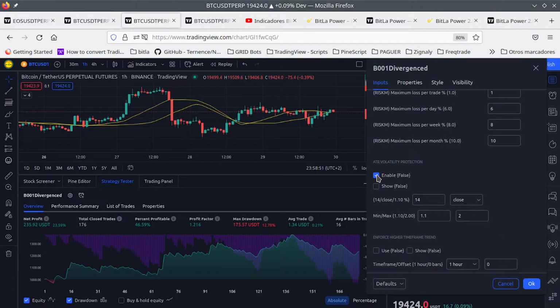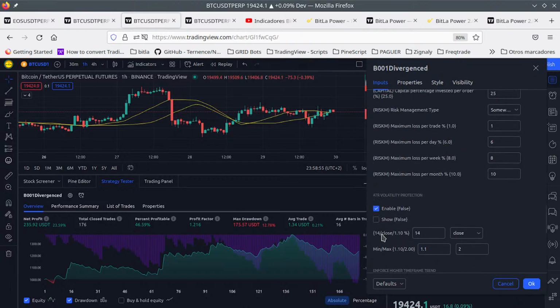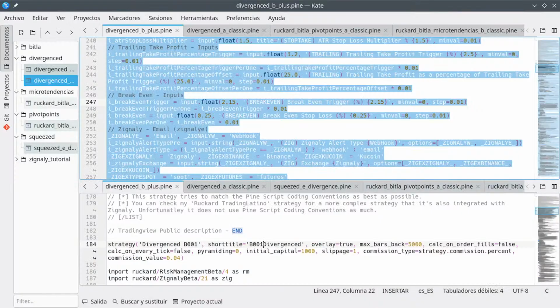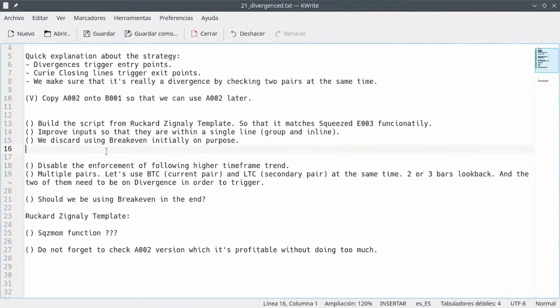So the volatility protection does not help us. So we are not going to enable it. I'm sorry about this one because I wanted some securities here. So let's not enable it. So we discard enabling